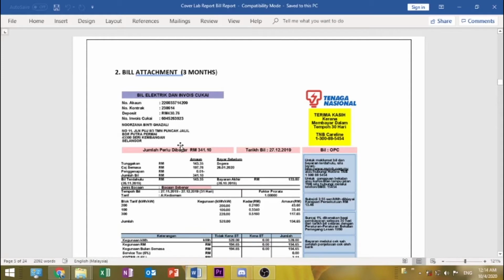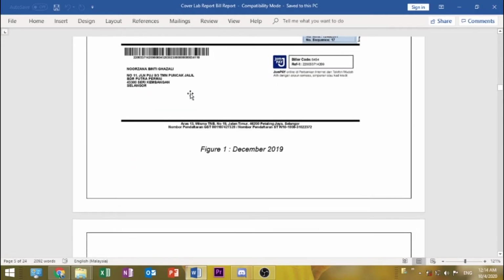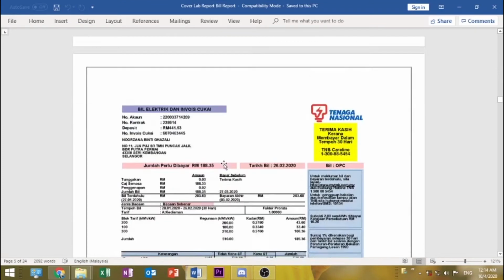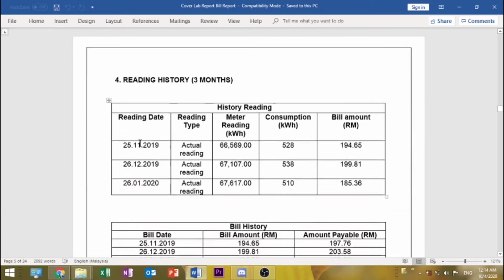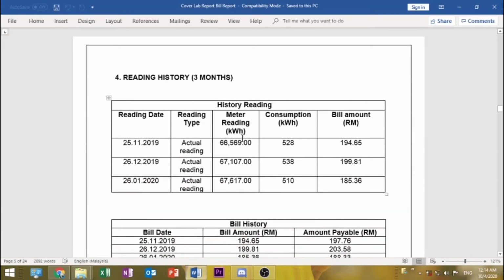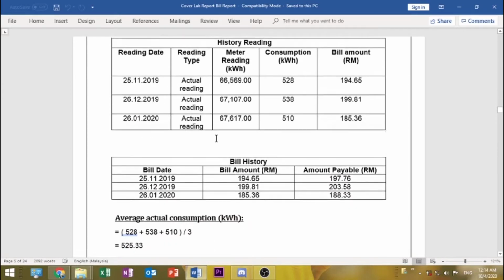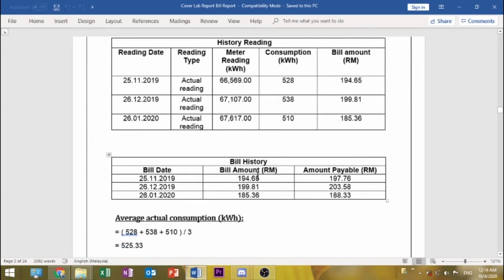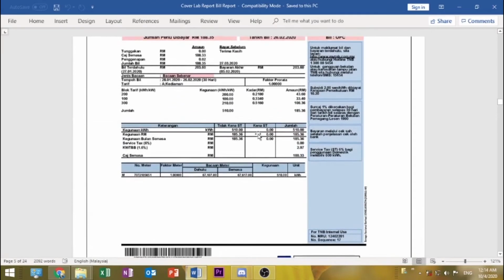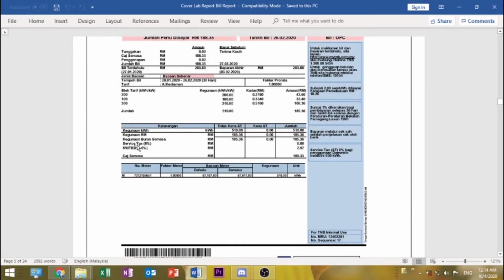Okay, so these are the bill attachments for the bill project. These are 3 months of bills that were collected consecutively, which were the month of December, the month of January, and also the month of February. For the reading history, I took all the meter readings in the receipts and listed them down in the table, as you can see right here. From the bill history, the actual bill amount is the bill amount of the consumption, as you can see here,